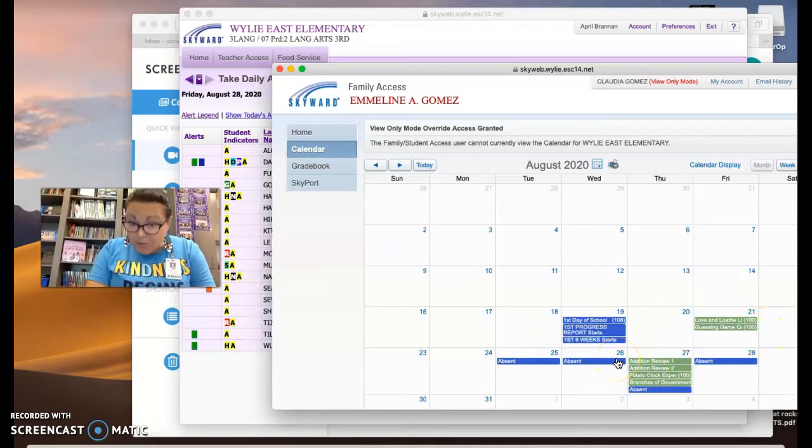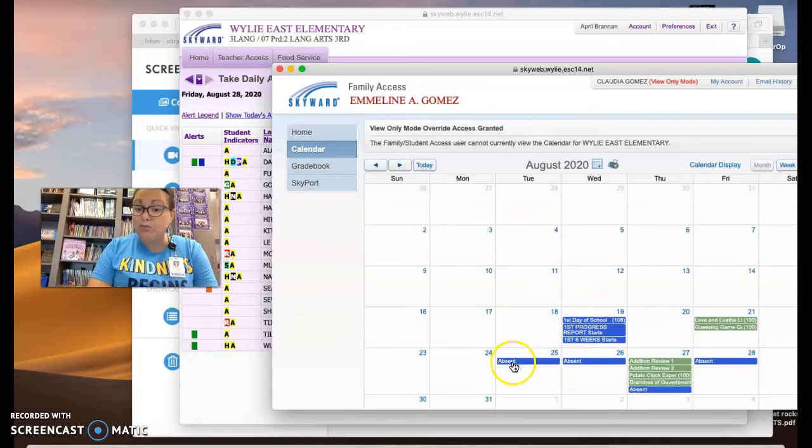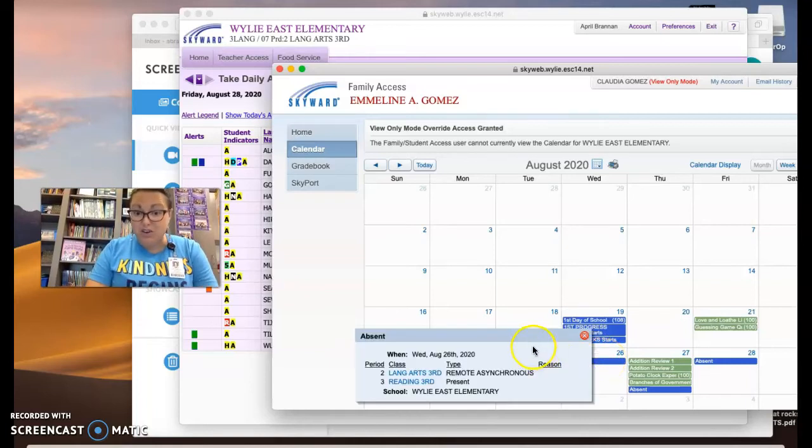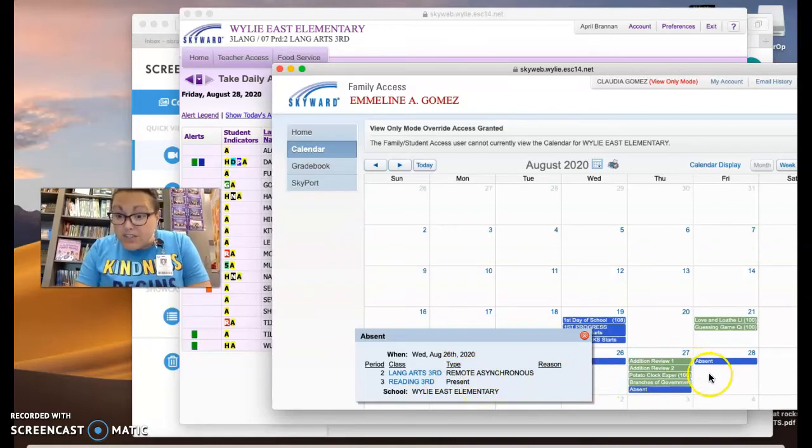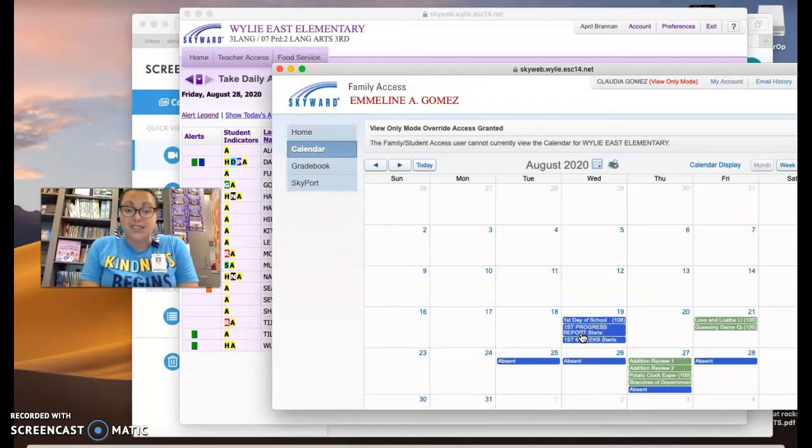So if you are concerned about attendance, go to your calendar, and you should have blue bars that say absent on every day from Tuesday on. But if you click on it, it says remote asynchronous present, and that shows that you're present. So ignore the title. Also, if you look at the attendance section of Family Access,